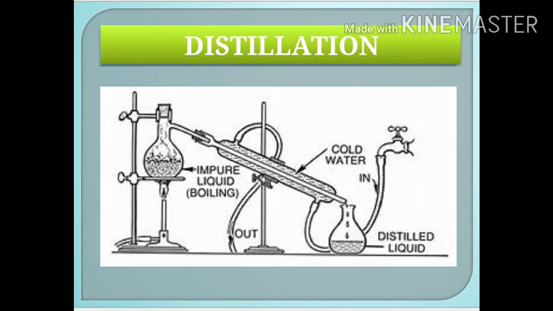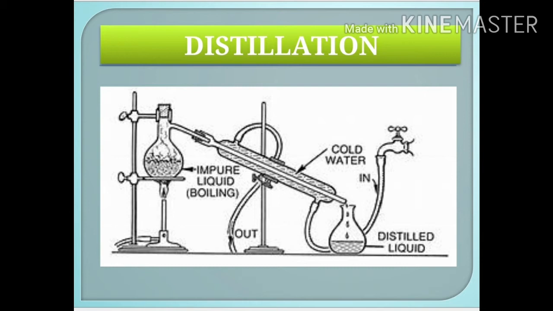For this distillation, the diagram is not given in your book, so you can refer to this diagram. There is a round bottom flask, as you know, which is present with the Liebig condenser. The condenser has two things: one is the inlet, another one is the outlet. The inlet is connected with the water pipe, and the outlet can go to the sink. So what is the purpose of this Liebig condenser? This condenser cools the vapor molecules. By cooling only, the vapors are converted into a liquid. So you can understand very well.